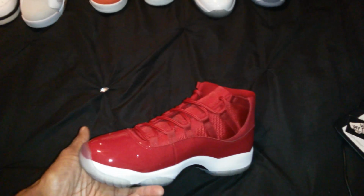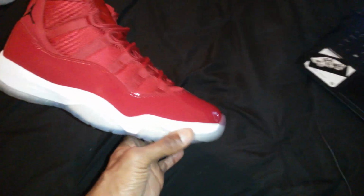I really wasn't feeling the blue ones, the navy blue ones. I wasn't feeling those. Just cop the reds right there. And the 72-10s, I love these. So like, going back to the Space Jams and stuff. So even like with the 72-10s, if they come back out with another 72-10 and put a red bottom on it,